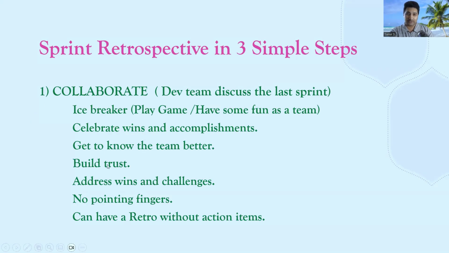Next one is make sure to build trust, because we should not talk bad about anyone. Make sure that we're only talking about something that is constructive. Even though the sprint didn't go well, our discussion should be towards building trust, away from finger pointing, no finger pointing. Make sure that whatever we are discussing is not criticizing a particular person for something they didn't do, even though it can be briefly mentioned, because